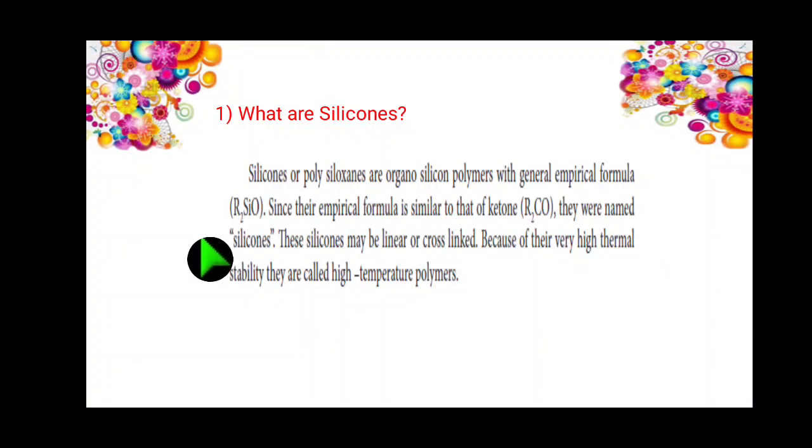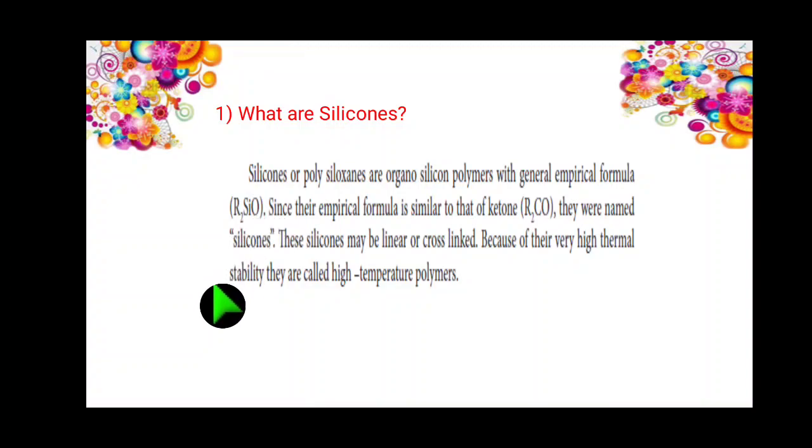R means alkyl group, right? So 2 alkyl groups are bonded with silicon and the remaining is double bonded with oxygen, right? Because the silicon